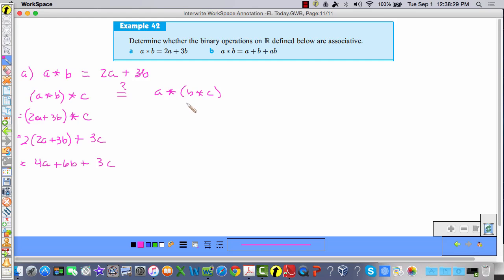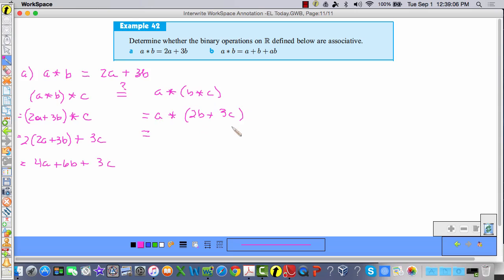And then I do the same thing here. So A star, B star, C. So first, I'm going to do B star C. So this equals A star, and don't get confused here. First one star, second one. The first one gets multiplied by 2, so this becomes 2B, plus the second one gets multiplied by 3, so this becomes 3C. And then we start over again, and we have the first one, A, and the second one